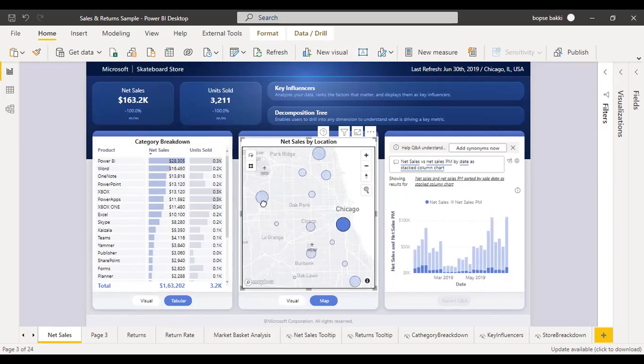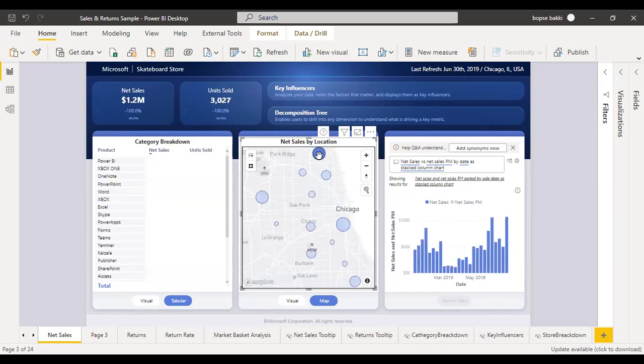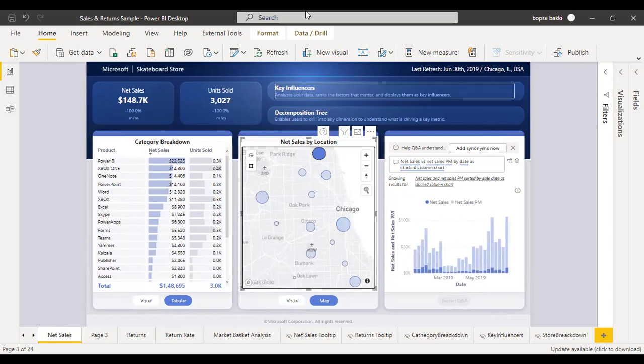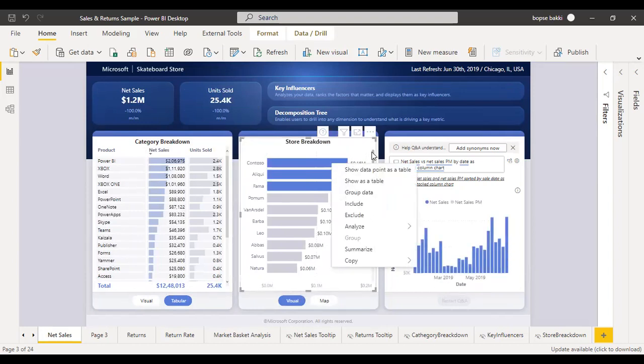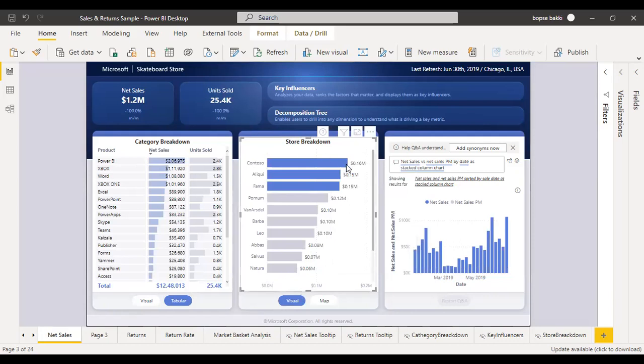So that's how these Power BI interactions are really intuitive, that once you click on any of the visualizations, it will definitely filter out all other visuals. So I can go to visual and I can see what my breakdown is over here. If I want to analyze more, I can definitely go in and analyze that in a better way. Okay, so